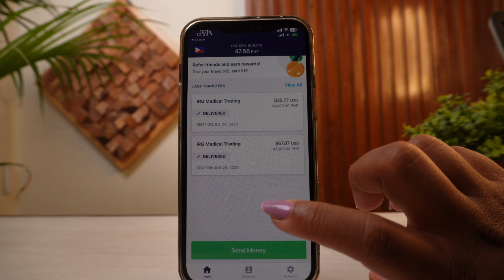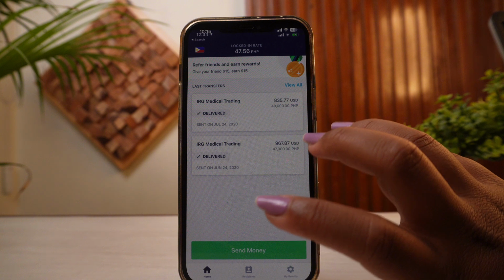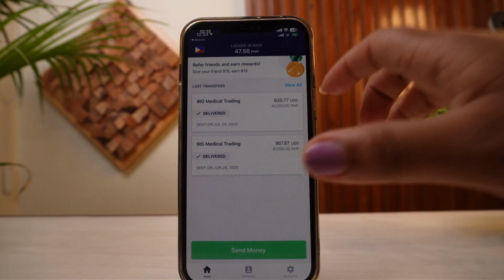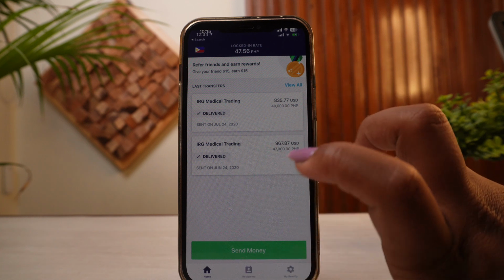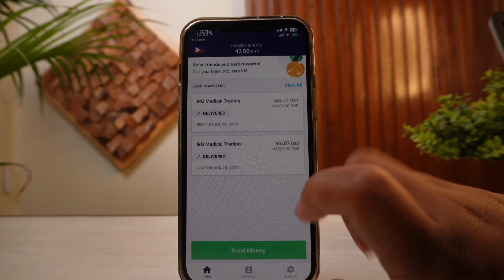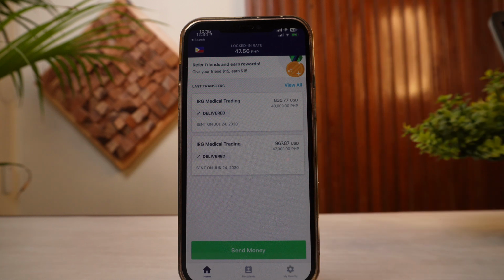Simply tap on that one, and then you can simply go along with the process of how you'll be able to close the account on your application, right? You can also contact Remitly support directly via chat in order to initiate the deletion too. So just like that, you'll actually be able to delete your Remitly